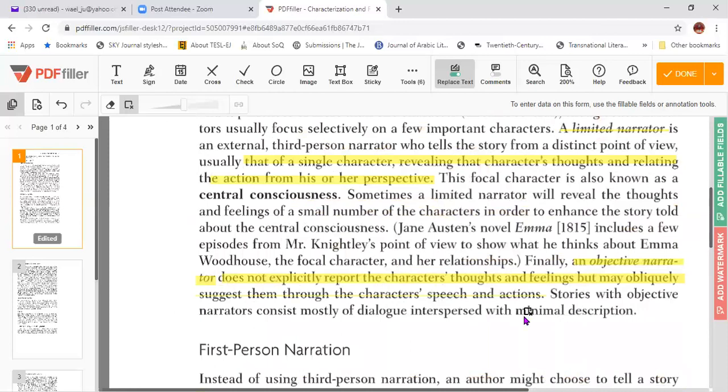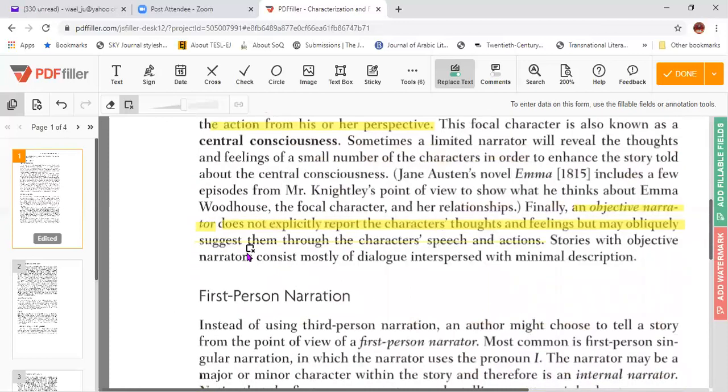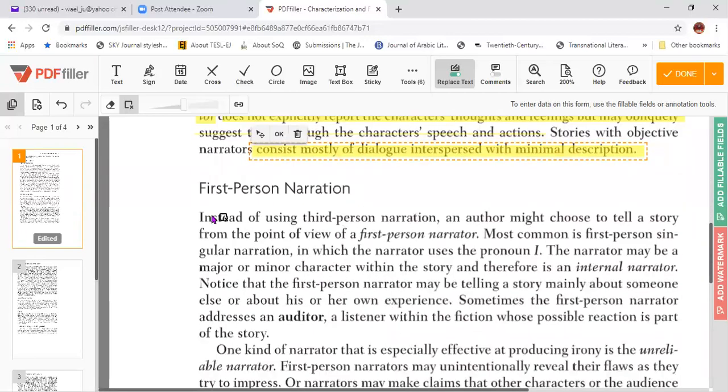Okay. And that's why, in the objective, we have mostly dialogue interspersed with minimal description. So in the dialogue we have a conversation between two characters, and through this dialogue we can understand these characters, but the objective narrator does not comment on this dialogue. He simply shows us, but he does not tell us. Okay, now the second